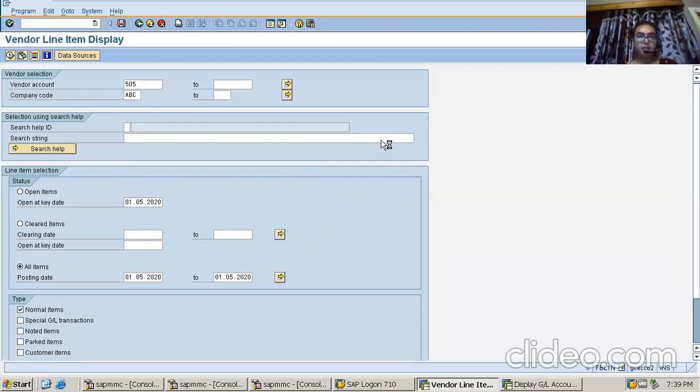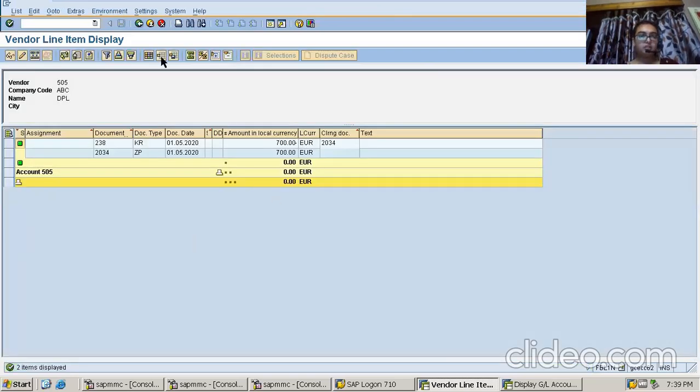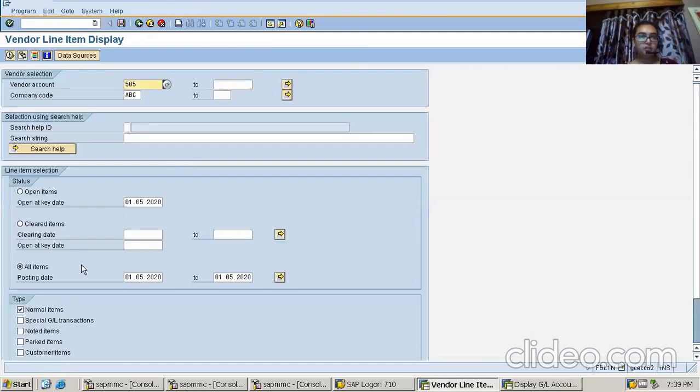It is taking a bit time and it will be displaying. See, ours has not come. Why? Because in the initial screen I had chosen the normal items. However, our item is not normal. Let me choose the noted item. Going inside.